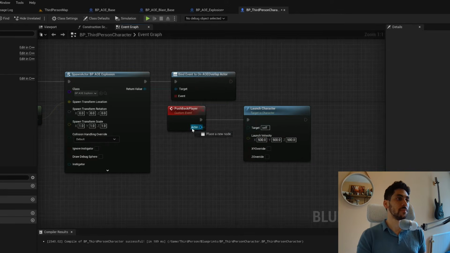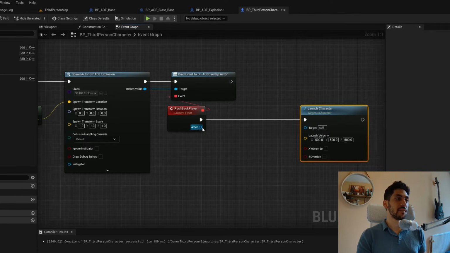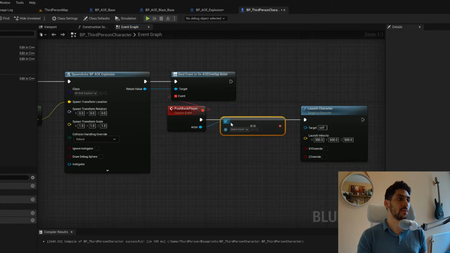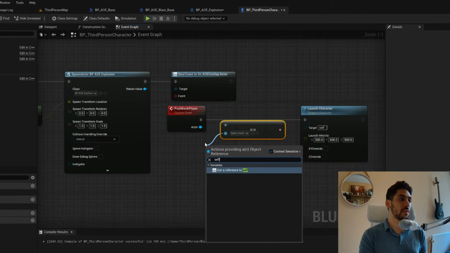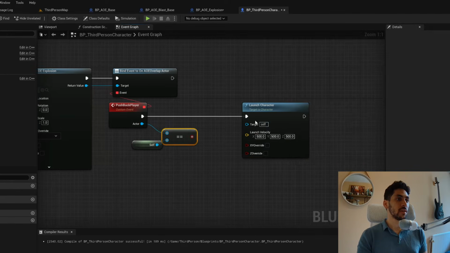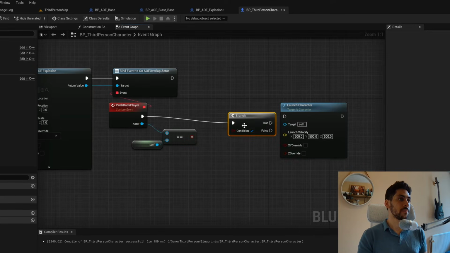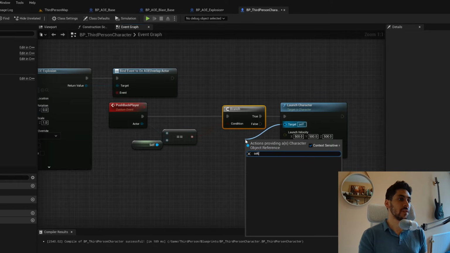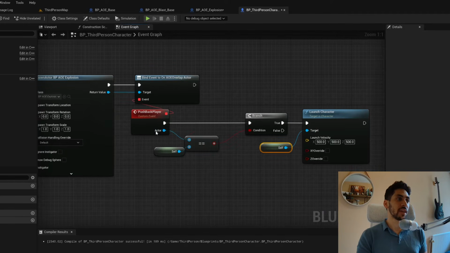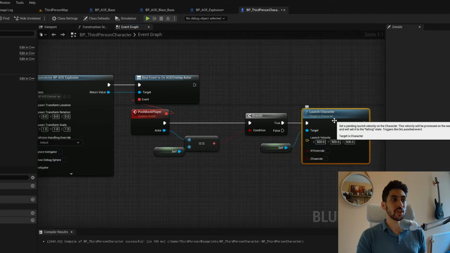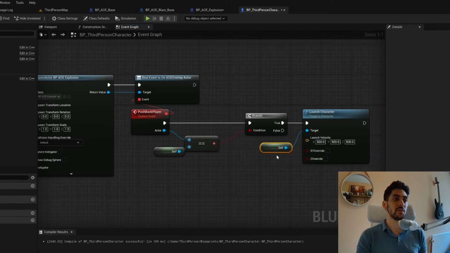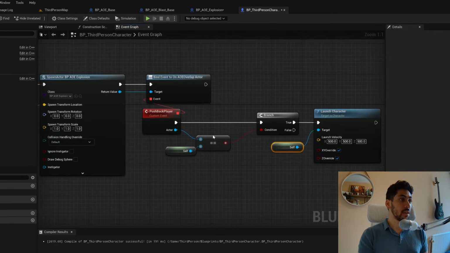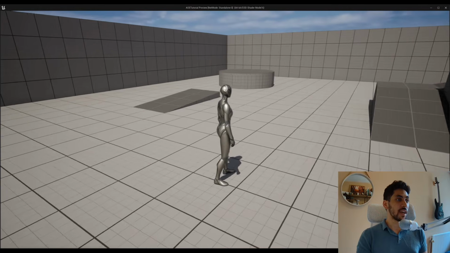And now I can't pull the actor here. This is the actor that's overlapping with the sphere. But I can say if actor equals self, that means I'm overlapping with self. Put a branch here. If actor is equal self, then just do this on self. Another way to do it is you can cast this actor to a character and then call launch character on any character, but now we only want to do it on ourselves. You can also click these two. Now let's see what it looks like. If I press X,